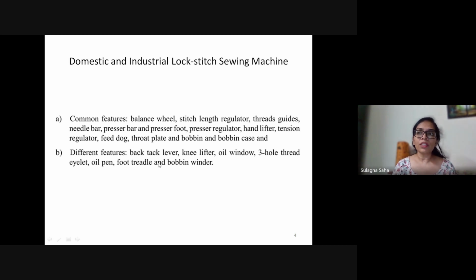The backtack lever in our domestic machines is at a much more novice stage. Industrial machines, on the other hand, will have a much more advanced backtack lever. We'll of course have the knee lifter. I spoke about it, the knee pressure lifter. The oil window will be below the bed.